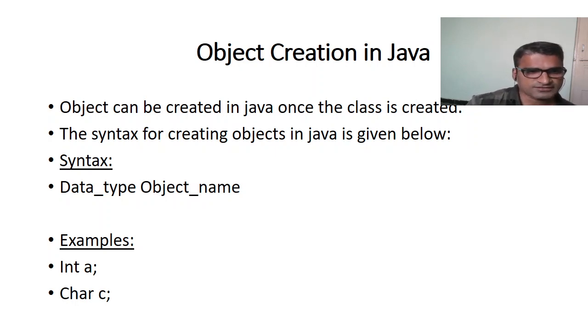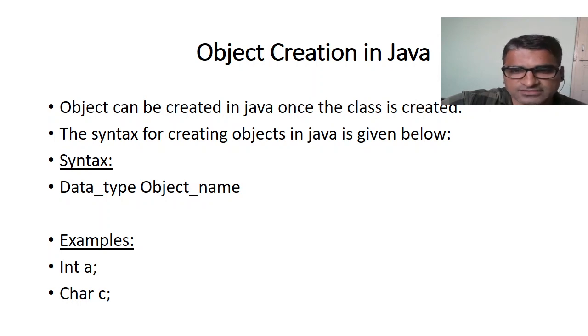The syntax for creation of objects is data type followed by object name. Data type is very important. Data types are very important for objects because we need to inform the compiler whether we are going to use an integer data value, a float data value, a character data value or a string data value. So for that purpose, data type is very important. If we look at the examples, int is a data type and a is an object, then we can say that we are going to create an object called a, which is defined of int data type.